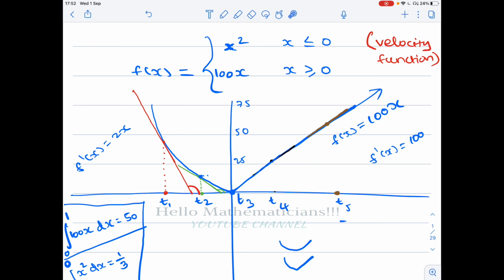Velocity, you can think of it as speed. Here the velocity is decreasing. Maybe I will use the word speed, but you have to take this interpretation with a pinch of salt. This is my understanding. So let's see, the speed is decreasing.